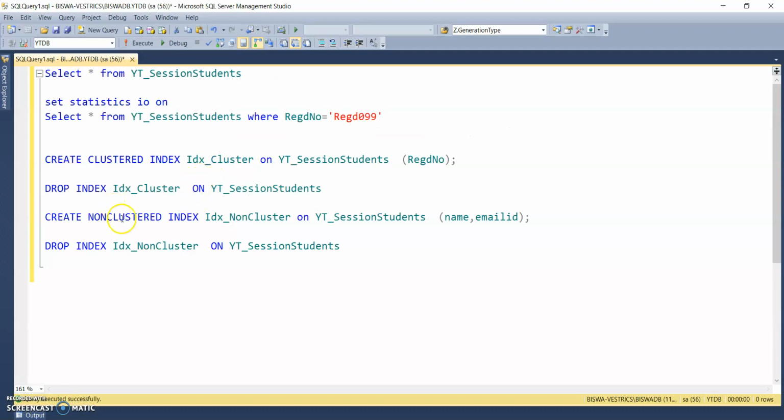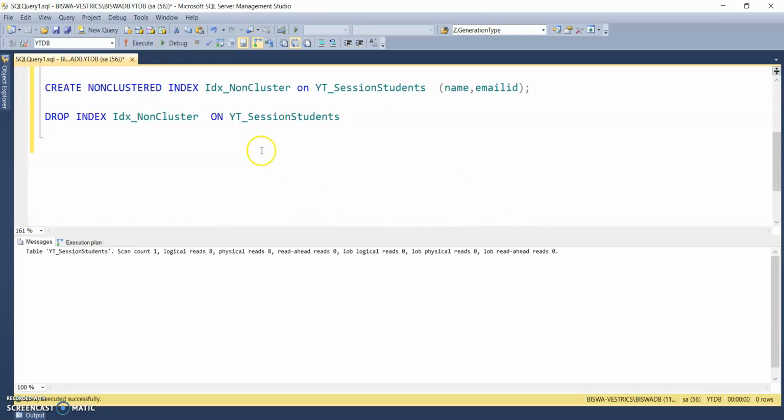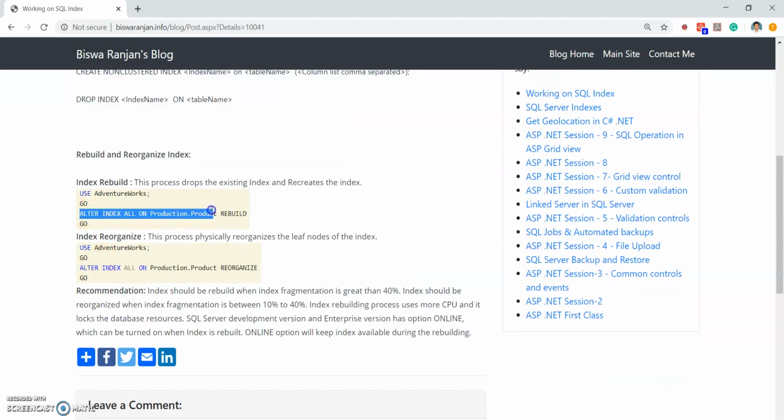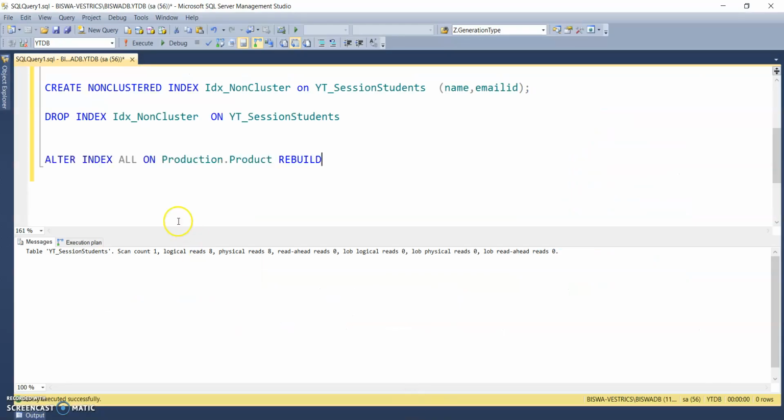So let's see in a practical session in SQL. Here first I am creating one index. Created. First I am doing rebuild. Here the code is given in my blog, you can take it.